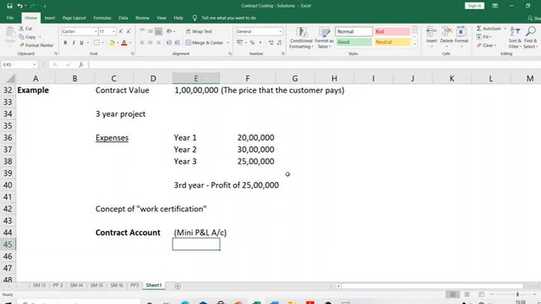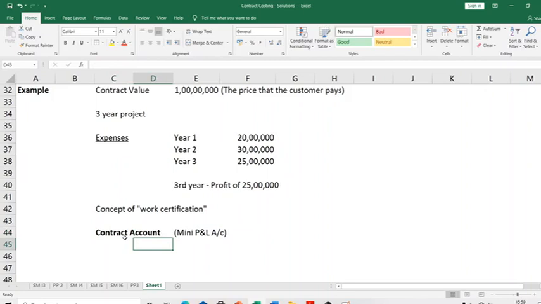That is where I want to tell you that a lot of things have been removed from your syllabus. So a lot of interesting discussions in contract costing are not going to happen because they're not part of your syllabus. How to take profit from your contract account to your costing P&L. If there's going to be a loss, it's going to be pretty simple. But if there's going to be profit, how to take the profit to your costing P&L account? That is what, in fact, I would say is the most interesting part of this chapter.